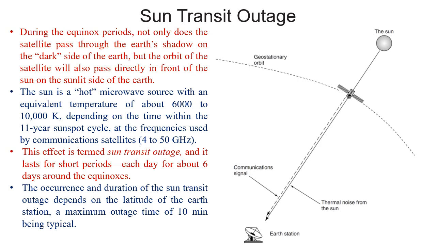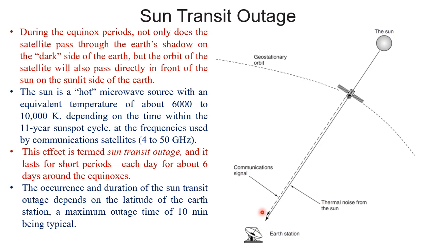Now consider the sun transit outage, and this is another peculiar phenomenon that is very difficult to understand by a common person, but as an engineer you must understand it. Consider this situation. This is the earth station, this is the position of the satellite, and this is the position of the sun. That means if we draw a line between the earth station and the sun, the satellite is now situated in between the sun and the earth station,